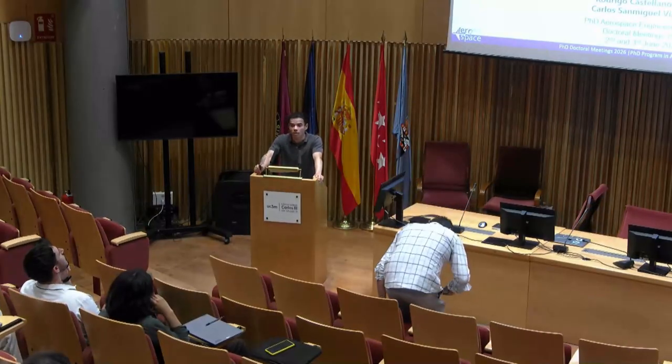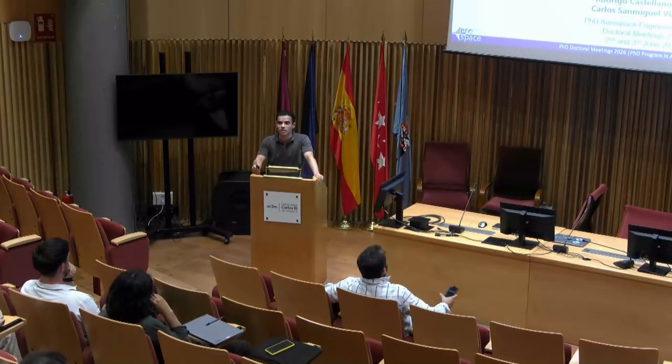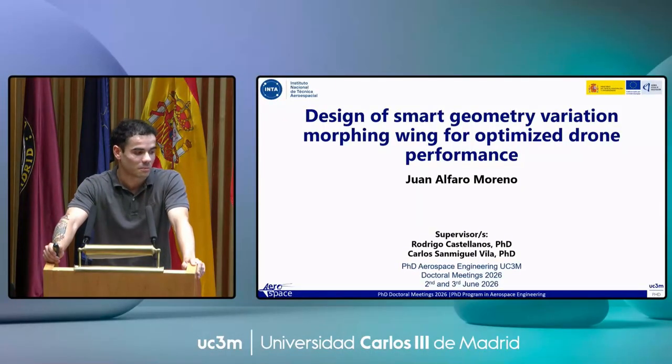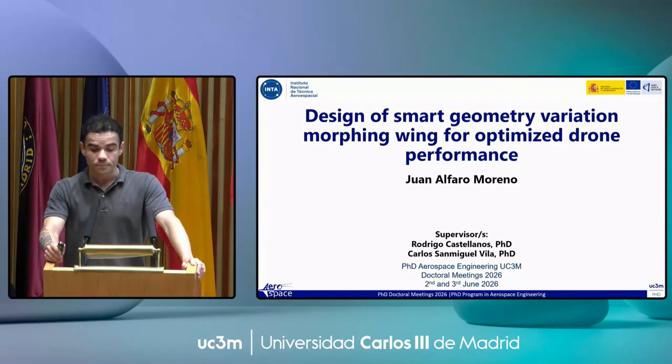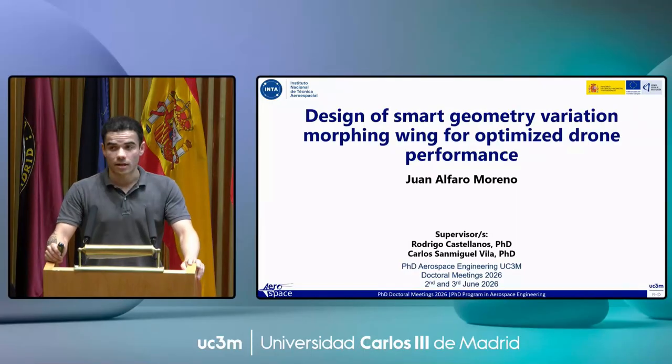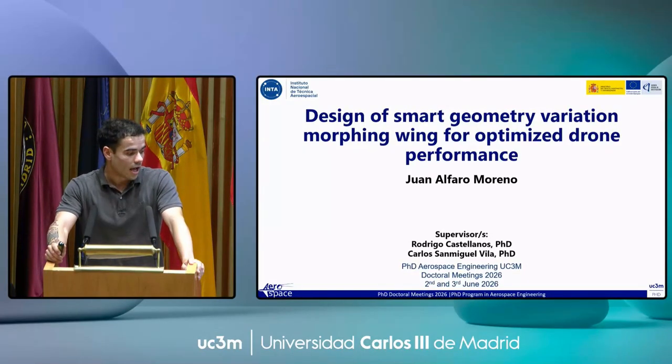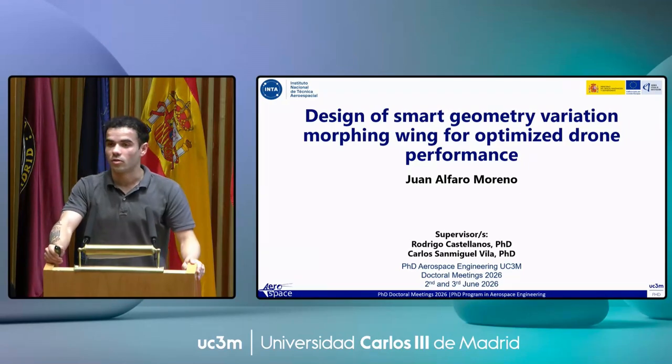The topic we are going to talk about today is related with this year's advances on my thesis, with title Design of a Smart Geometry Variation Morphing Wing for Optimized Drone Performance, supervised by Rodrigo Castellanos and Carlos San Miguel. The entire project has been developed in the National Institute for Aerospace Technology and in collaboration with Universidad Carlos III